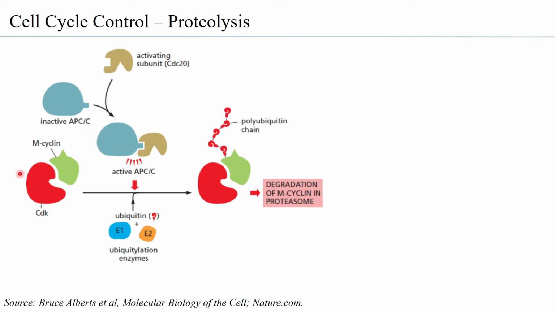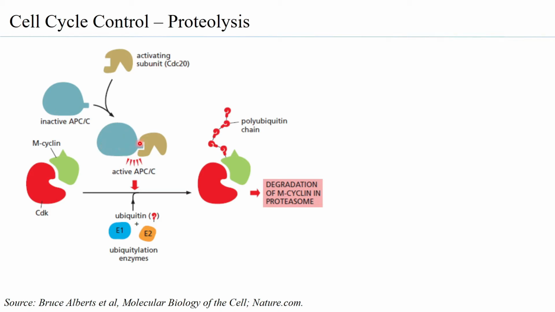The MCDK, the M cyclin CDK, which becomes active at the G2M transition phase, phosphorylates the inactive APCC and also the activating subunit, which is CDC20. So the CDC20 will have a high affinity to bind to a phosphorylated APCC. You must understand that the APCC on getting phosphorylated is ready to get activated but is not fully active. Only when the activating subunit comes and binds to the APCC